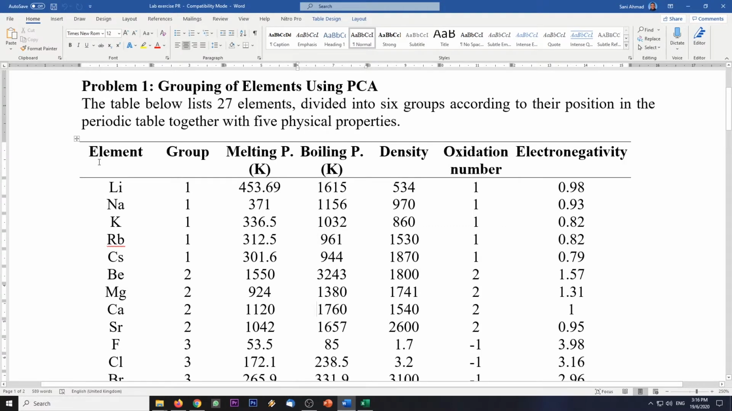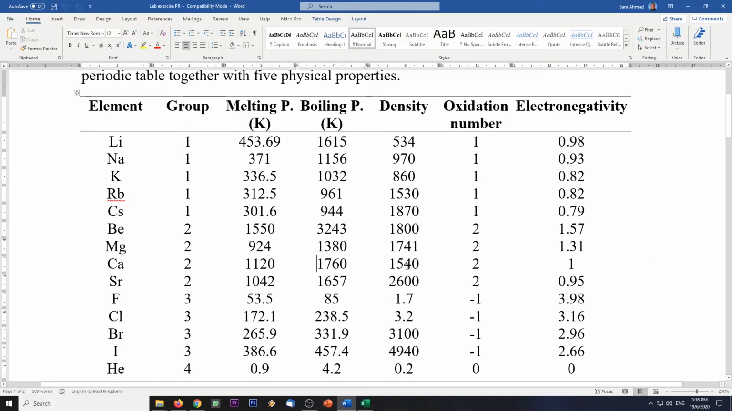The problem is given as you have an analysis for 27 elements, and you want to divide them into 6 groups according to their position in the periodic table together with 5 physical properties. So if you actually want to know if there is any natural grouping within these elements, the sample dia ialah element in the group. So group 1 is the group yang kita dah tahu lah kan, lithium 1, natrium 1, and so on,